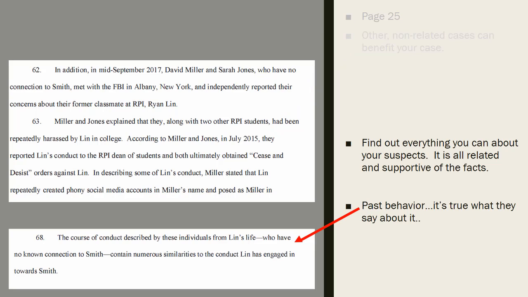In this case, Lynn, the suspect, had orders against him, anti-harassment, I believe, or cease and desist orders against him in the past. So if someone has anti-harassment, no contact orders, restraining orders in the past, and you can find that, then you can likely assume that that person's behavior is always being the recipient of these orders. So if they've had them in the past, that is a good indicator of what's happening now in your victim's case as being a good potential for a suspect.